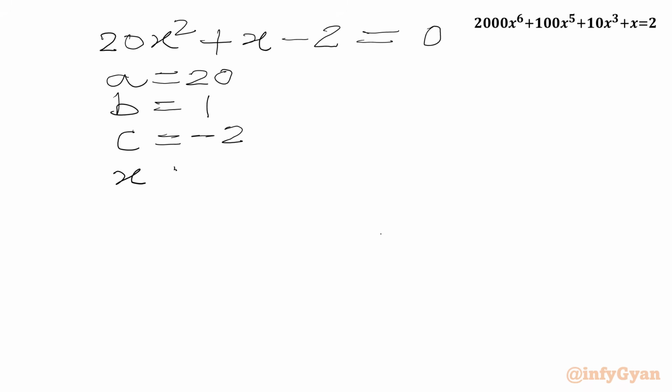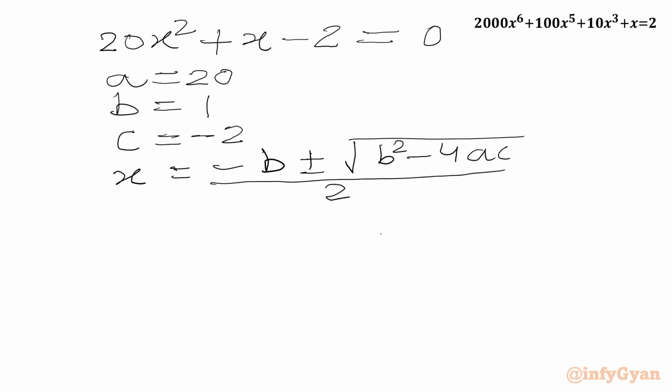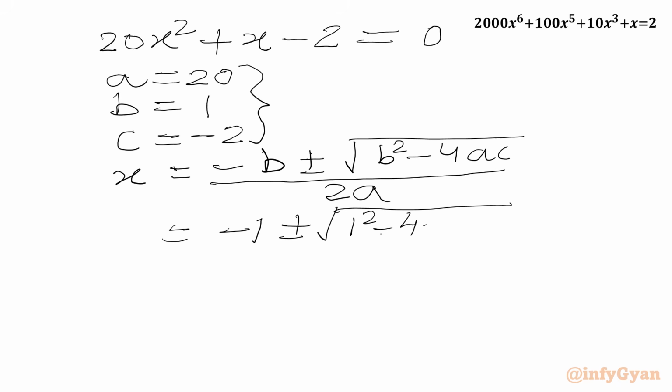We will write x equal to (-b ± √(b² - 4ac)) over 2a. Let's plug in all the values of a, b and c. We will get -1 ± √(1² - 4 times 20 times -2)